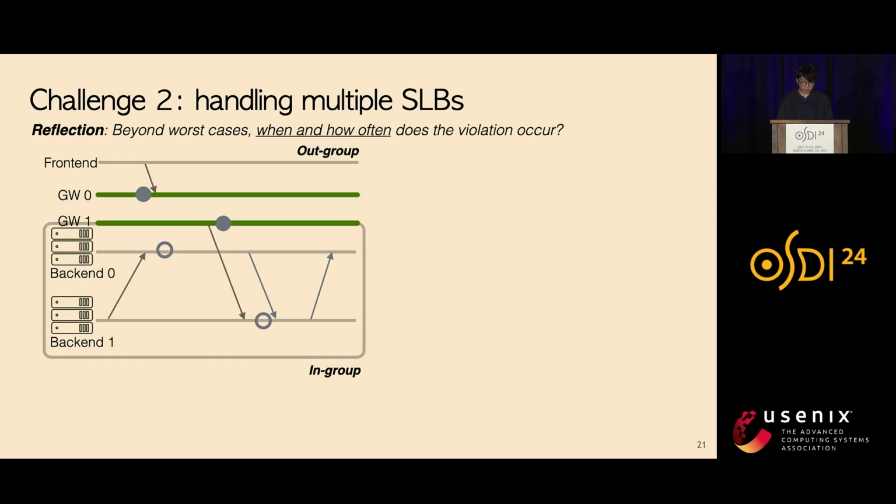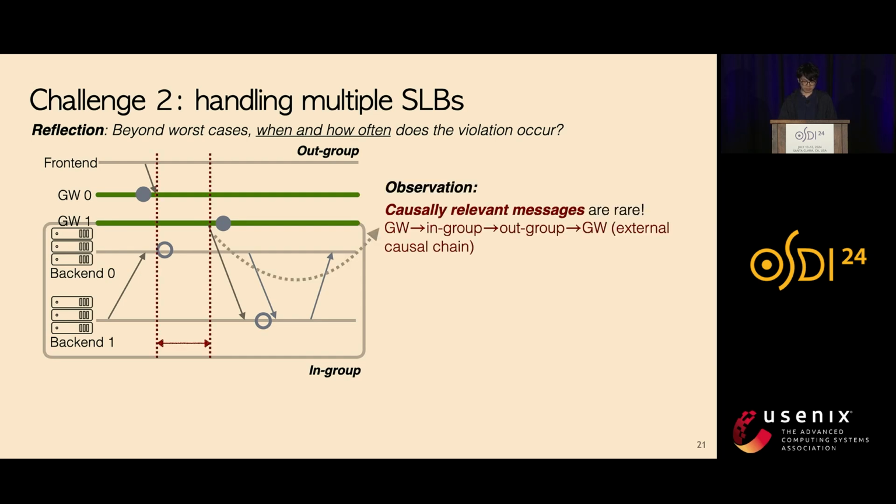So we start by considering when the worst case violation might happen. And we actually observe that causally relevant messages require a message chain to form, from a gateway to an in-group node, then to an out-group node, and then back to a gateway. So if we consider the time gap between the first and last SLB snapshot initiations,